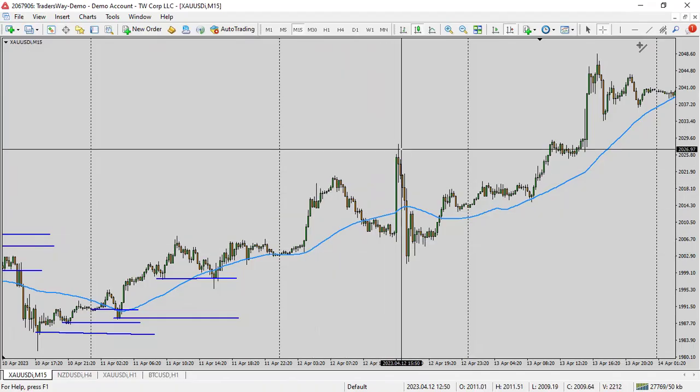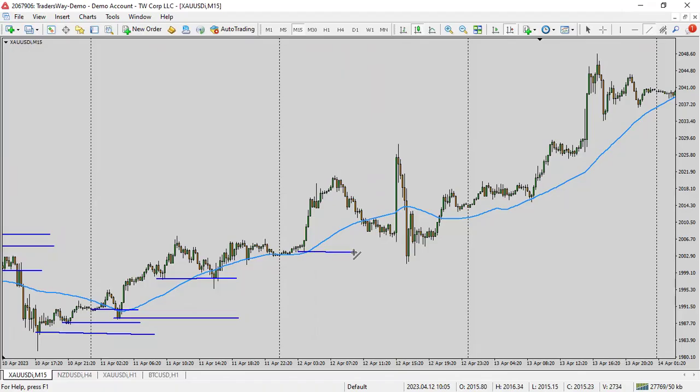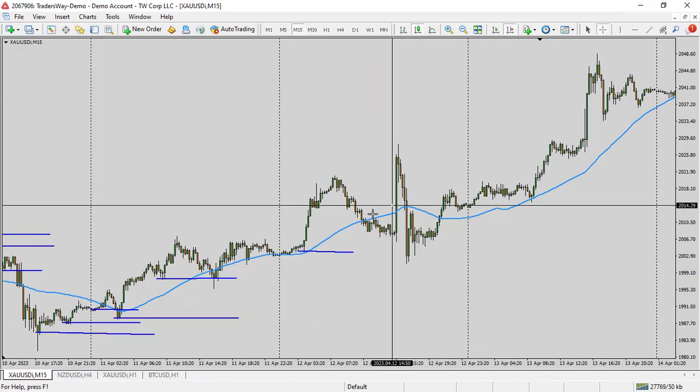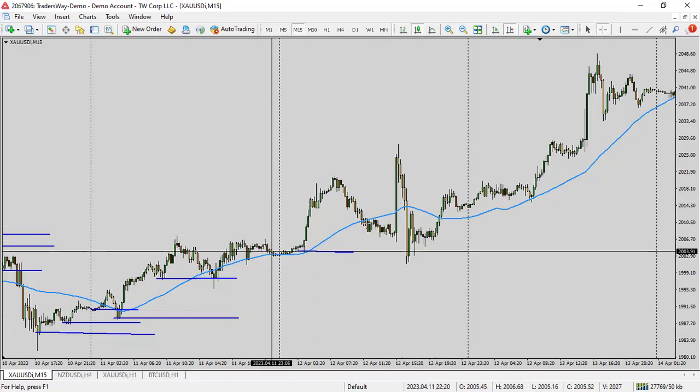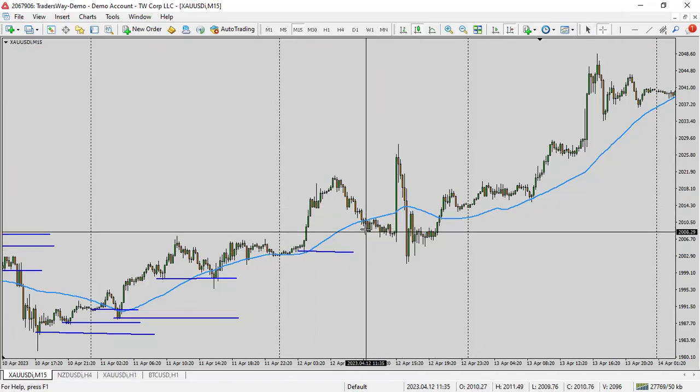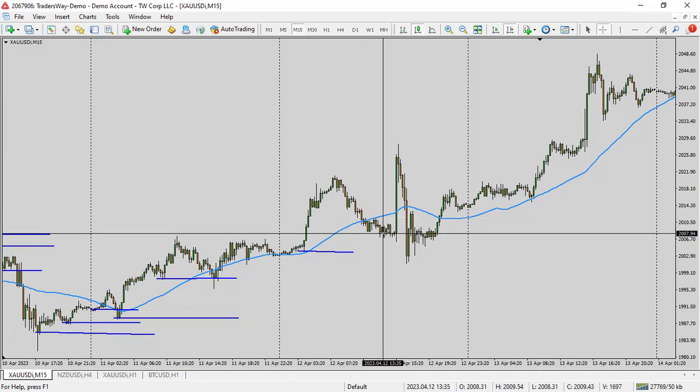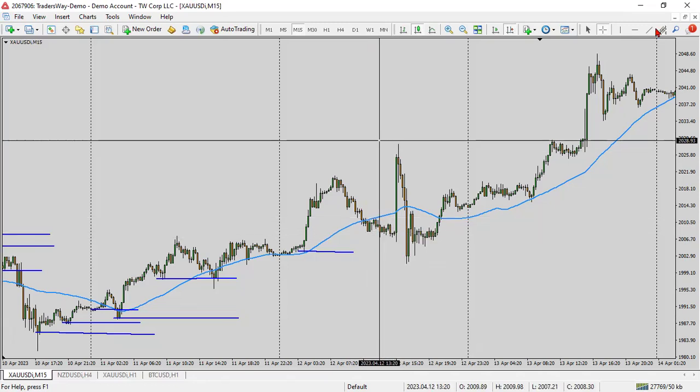All right, so this is the low. This is the demand that made this big move. Price came down beneath the moving average, moving average still pointing up. It gives you this small demand, and then it kind of plays on here before it pushes up. So even if you got in here,